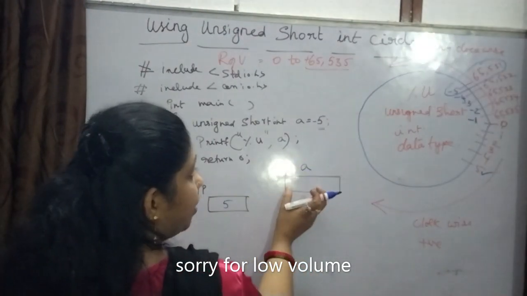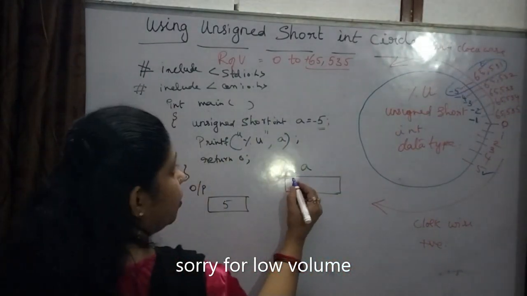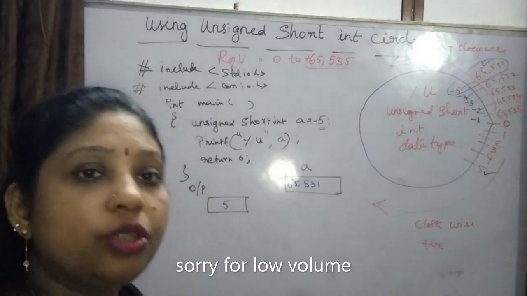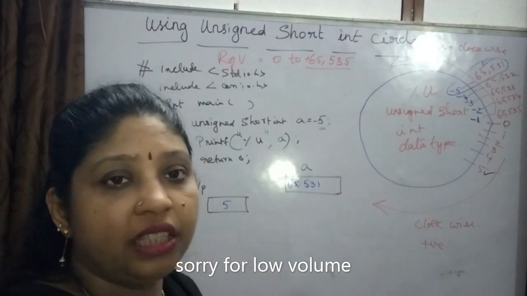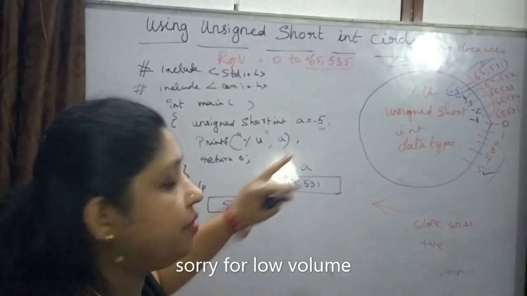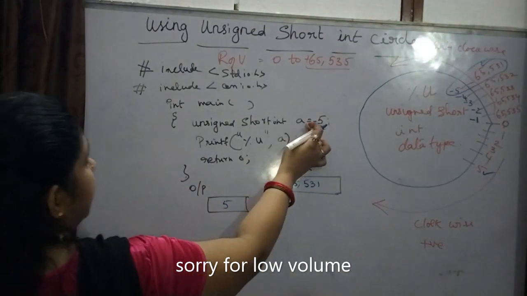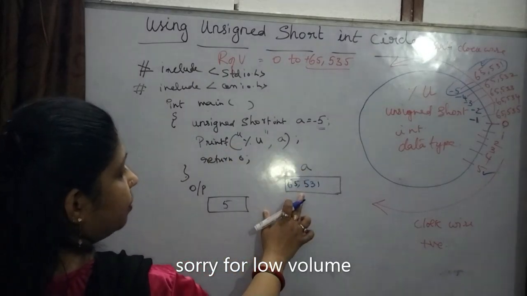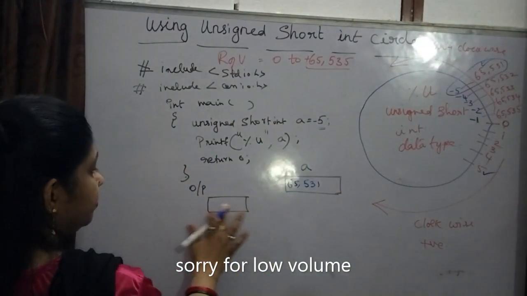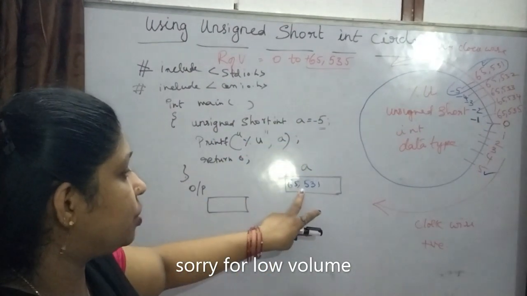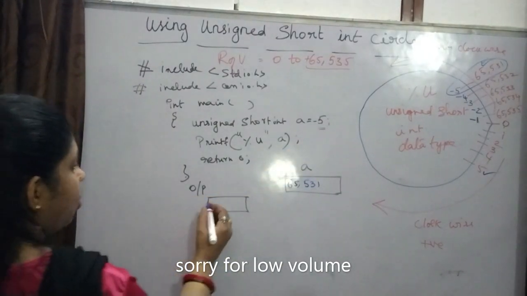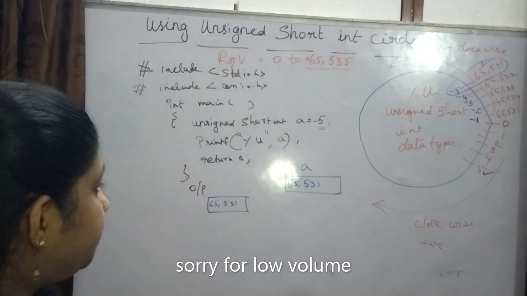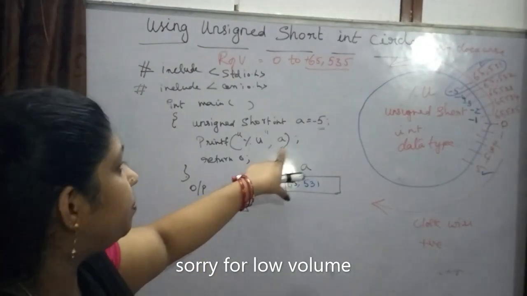It's going to write this number in the memory location 65,531. It's going to place in the memory location of a variable. Next, when the compiler comes to this printf statement, it's going to print this value but not this value. Understood? It's going to print this value but not this value. See, the output of the program will be this one. Now, when the output of the program is this, you will be confused.